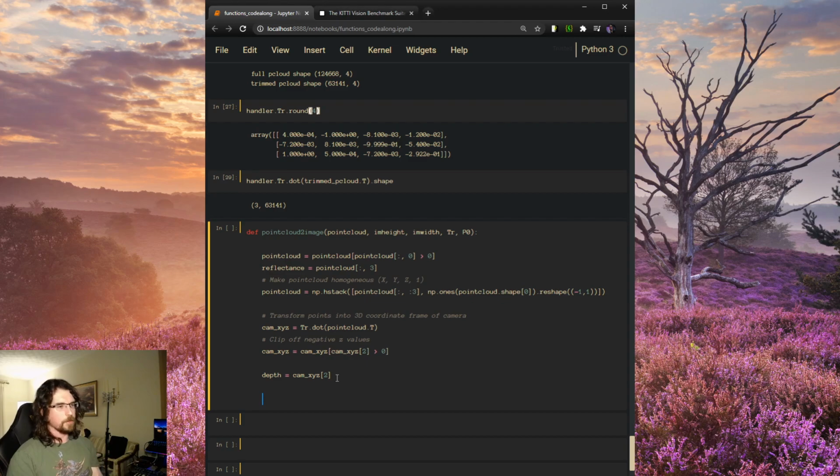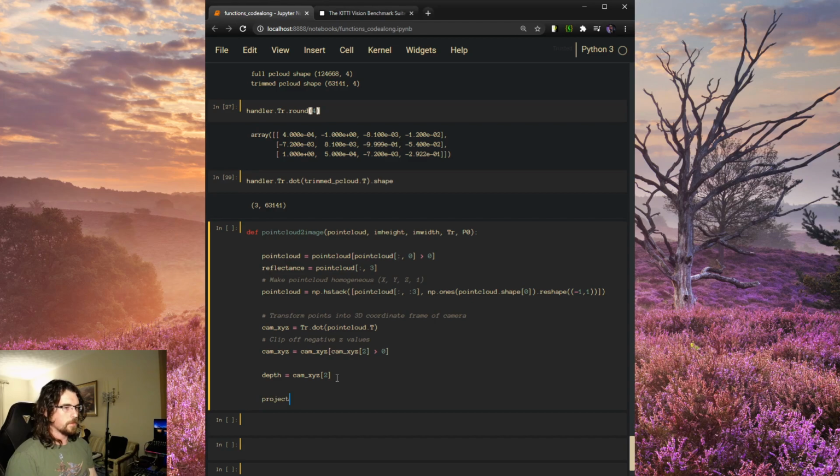And we may end up reversing that so that brighter things are closer to us, but for now, let's just keep it simple and say that we want to get our pixel coordinates, or rather, we got to project the